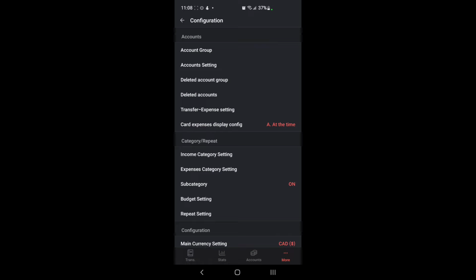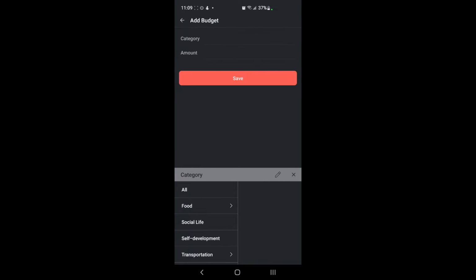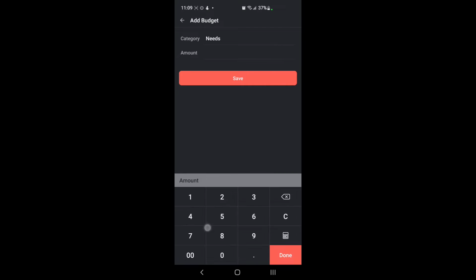Perfect. So now that we set up our needs, wants, and savings, we're going to go down to budget settings so that we can create our 50-30-20 budget. To do this, we're just going to press the plus button, and this is where we can start creating our budget. All of our categories are down here, so we just need to scroll down all the way to the needs,